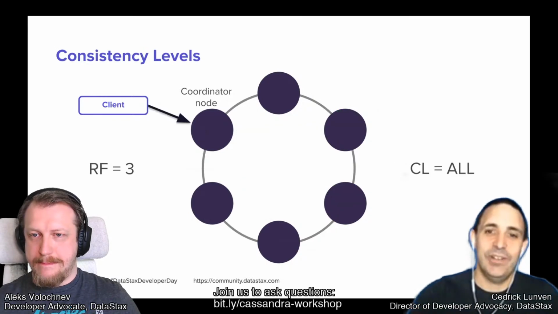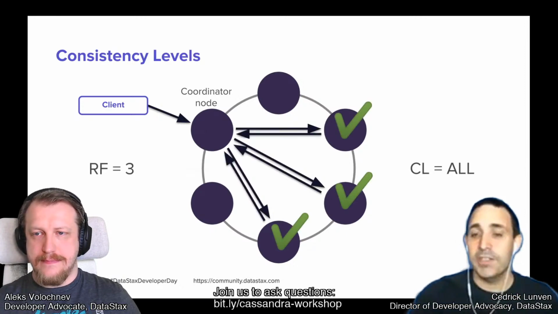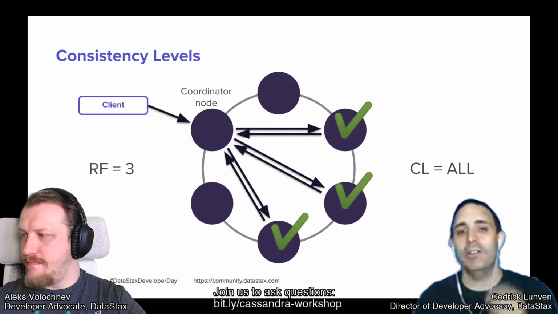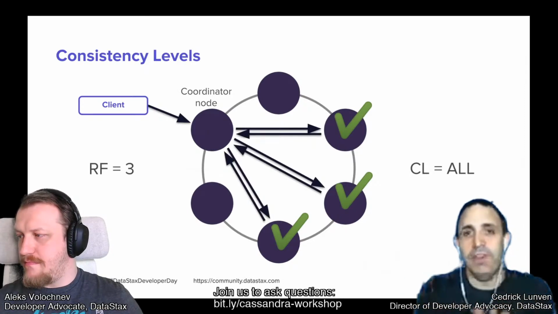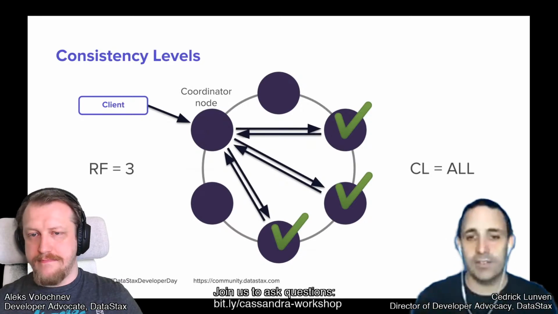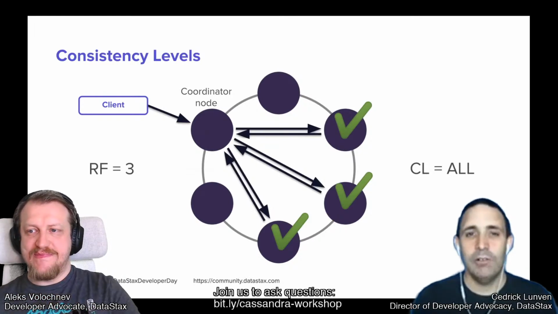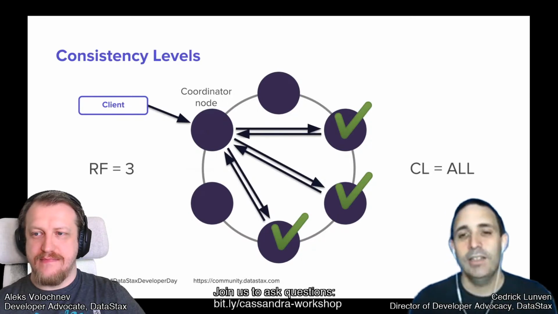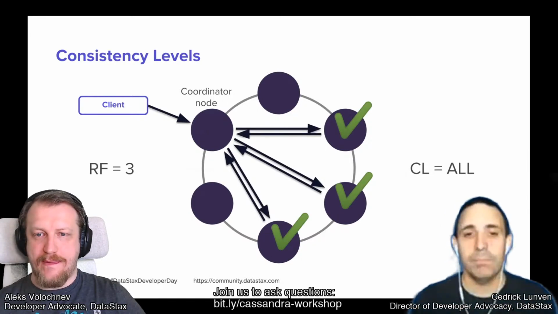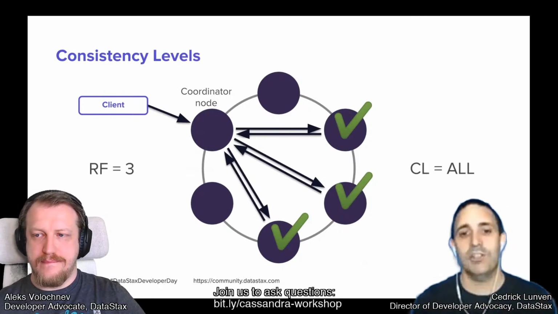Okay, there is yet another consistency level which is called all. So now I need all my nodes to answer, and I'm very confident that all my nodes have the latest version. I'm fully consistent. But you know what? Now you are not available anymore. If one of the nodes failed, you cannot ensure consistency level all. It's done. So we shift from AP to CP, consistency and partition tolerance, and less availability.